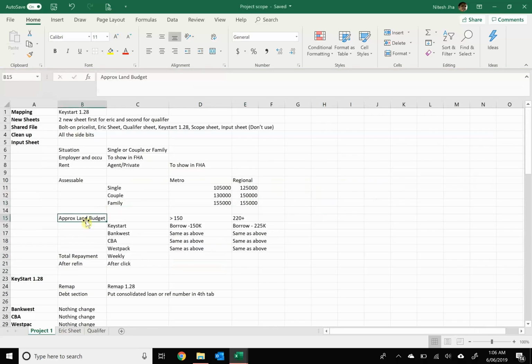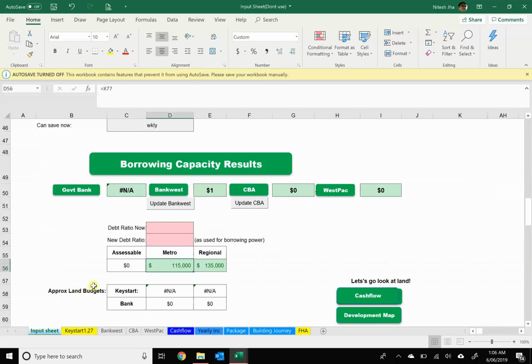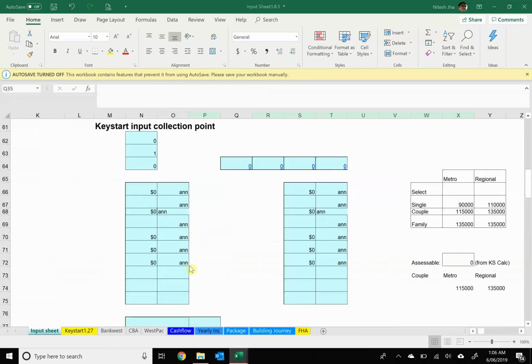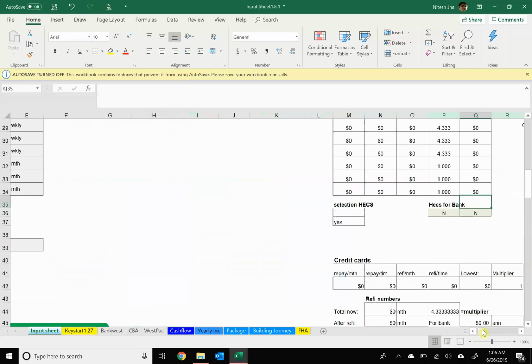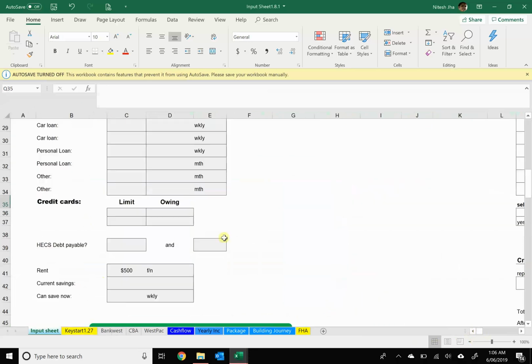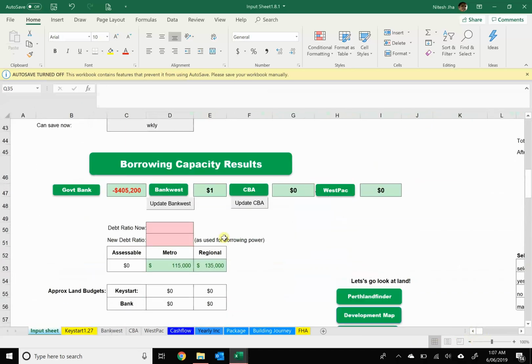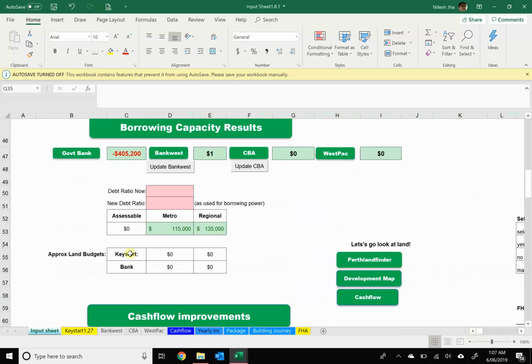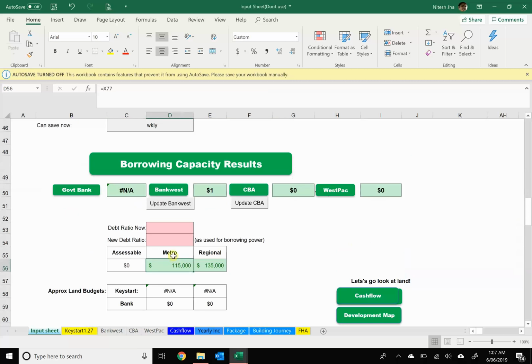Now the next addition is approx land budget. If you look at this here, approx land budget, we have it on both sheets. So let's use that sheet which you sent as a recent version. What we have here is Keystart and bank, and then there's a number. The formula is fairly simple, as I know. This is basically whatever that amount comes in minus 200 or something. Now what I want is